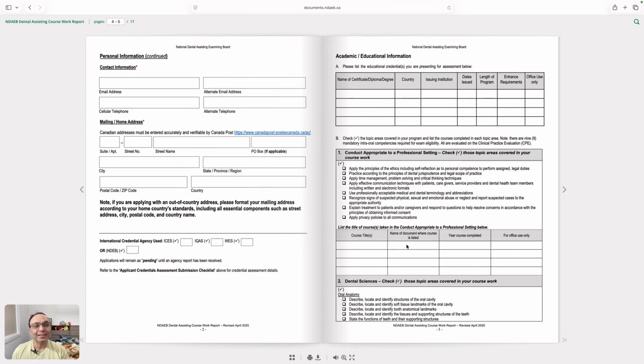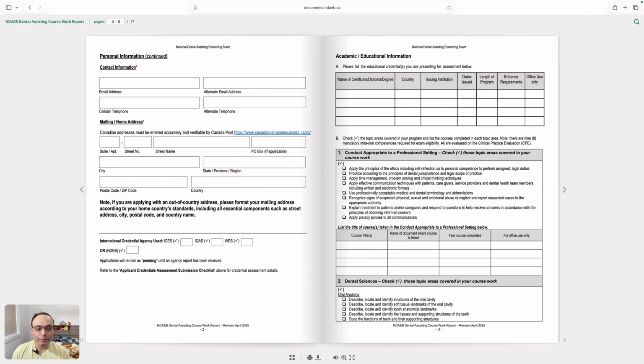For example, ethics could have been covered in periodontology, oral surgery, or it could be covered in any other subject, prosthodontics, any subjects. So, wherever you covered that particular topic, do mention the title of the course here and name of document where course is listed. And that could be your transcript, your mark sheet. In my case, I would say it was 2002 mark sheet of year third or whatever that it is,